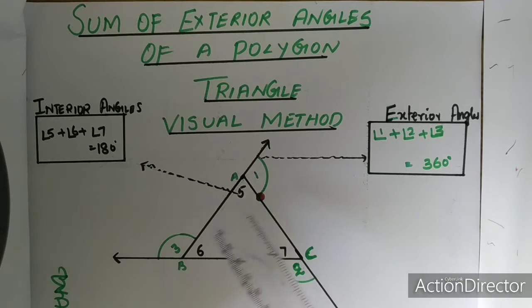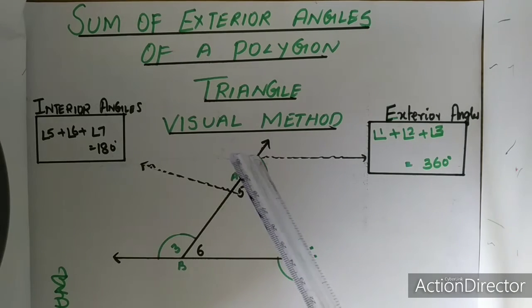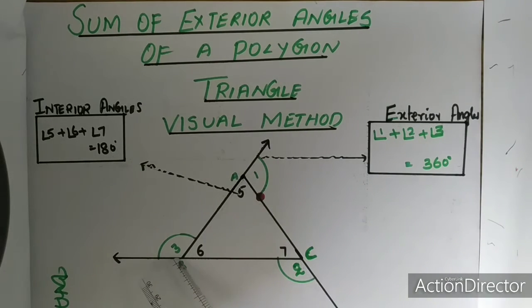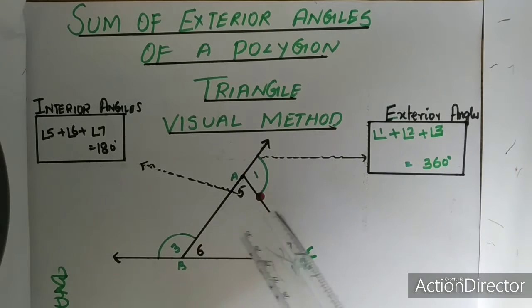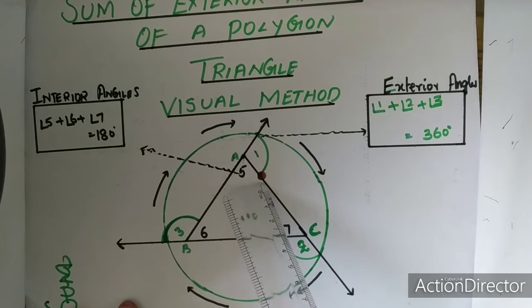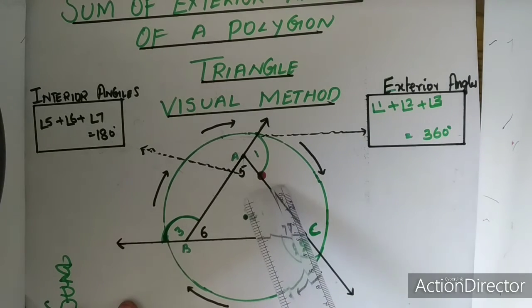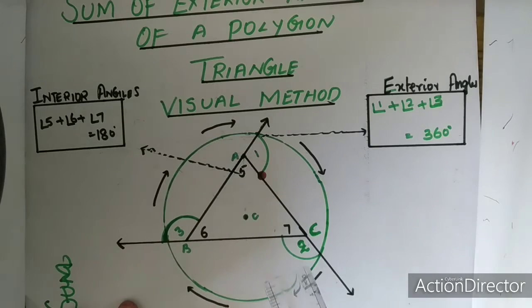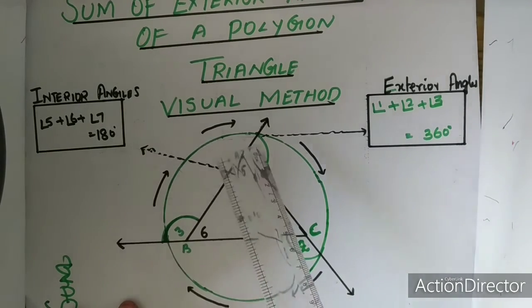So how many times has he moved an angle over here? He has moved an angle 3 times. So when we add these 3 angles, we will get 360 degrees. This is nothing but he is completing a full circle to come back to his original position. So just now we saw, if the person starts from here, to come back to his original position, he has to turn 3 times by making an angle of 2, 3 and 1.